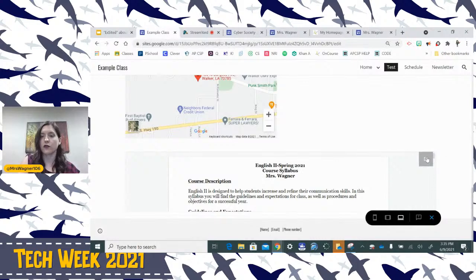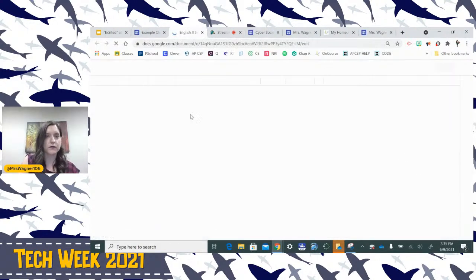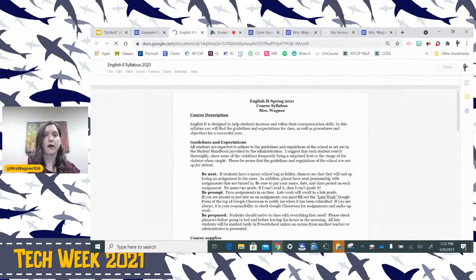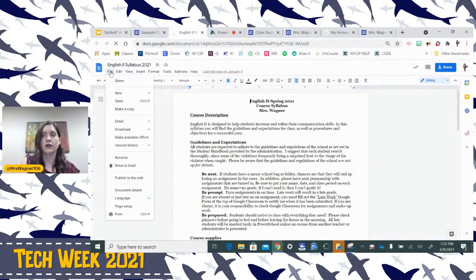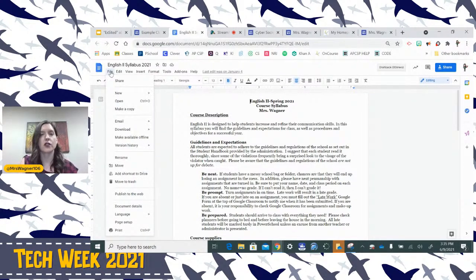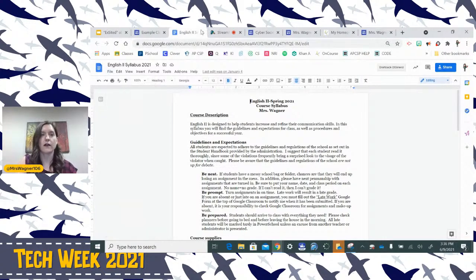You can do that with any of your Google Docs. One more note. So when they pop it out, it does open in Google Docs. So if they needed to make a copy of that, if you wanted to share documents with your students this way, you would simply give them the instructions: open the document, make a copy. It'll save it in your drive.